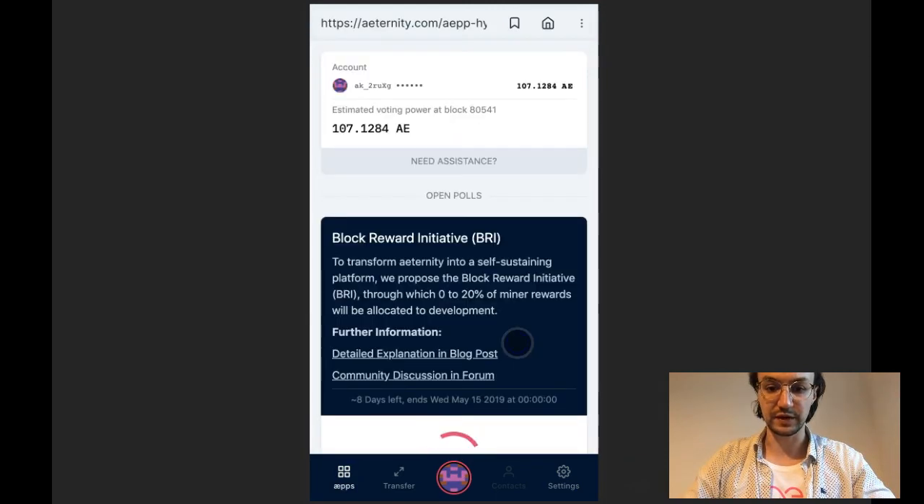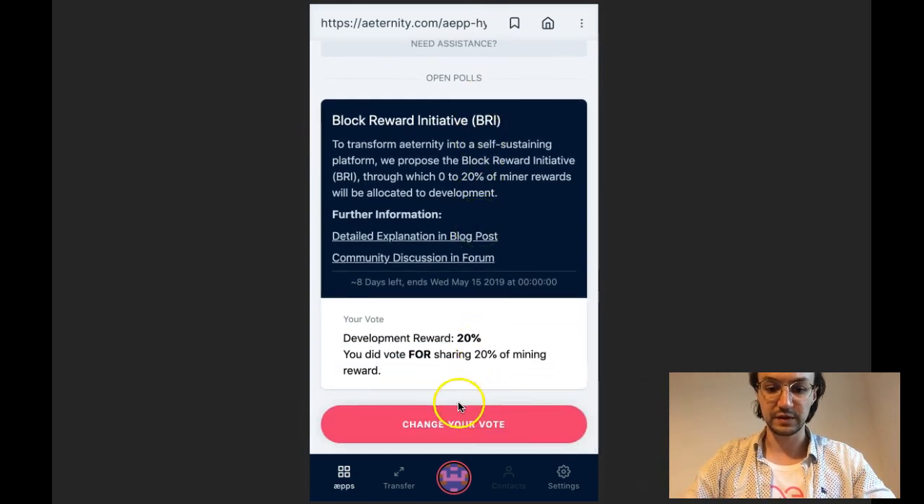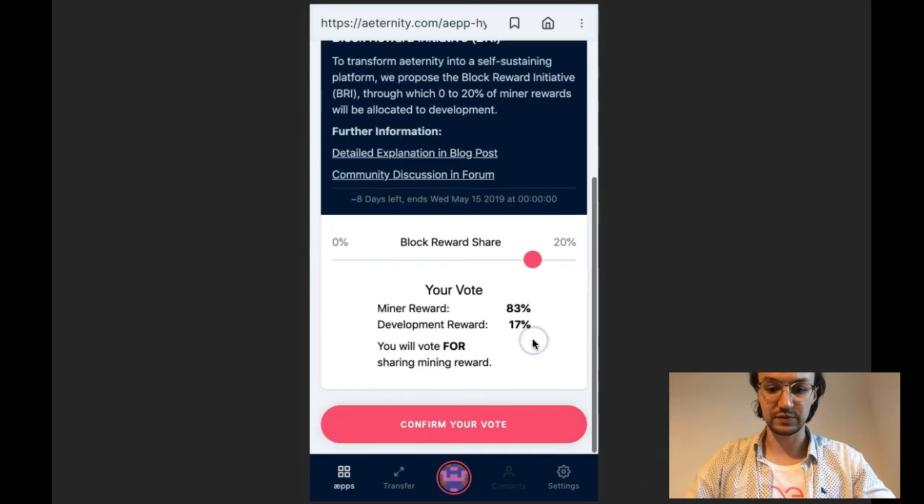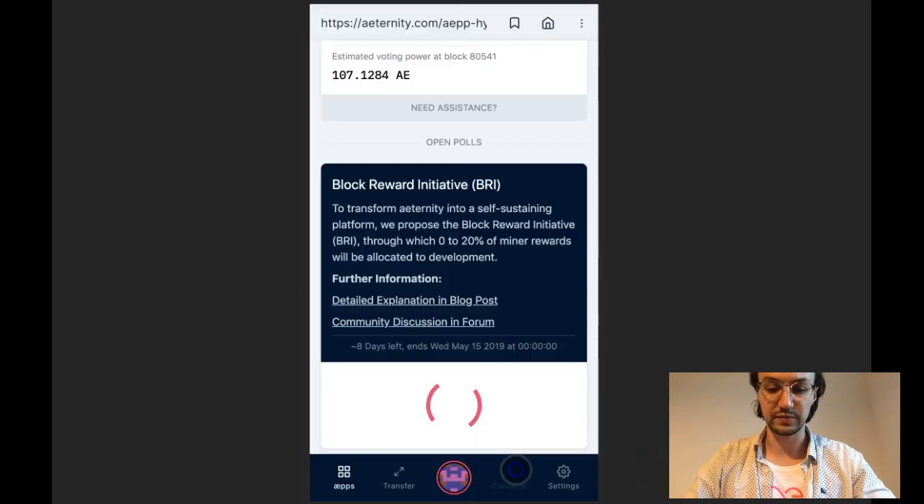Again, I have to allow the application. Now I'm having an account with 107 AE tokens. I already voted with this one. I can change my vote to 17%, for example. Confirm, confirm,